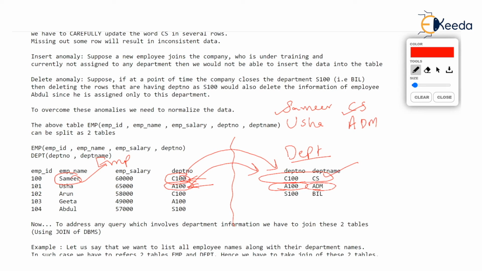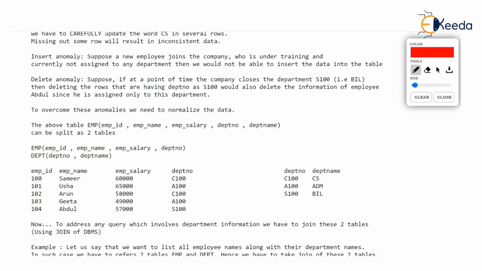So actually first you split the tables, but then for answering some queries, you have to join the tables again. What a funny situation. This is what is not understood at first by many students. Sir, you first say that you split the tables, and then later to answer any question you are joining the two tables again using join. Correct?